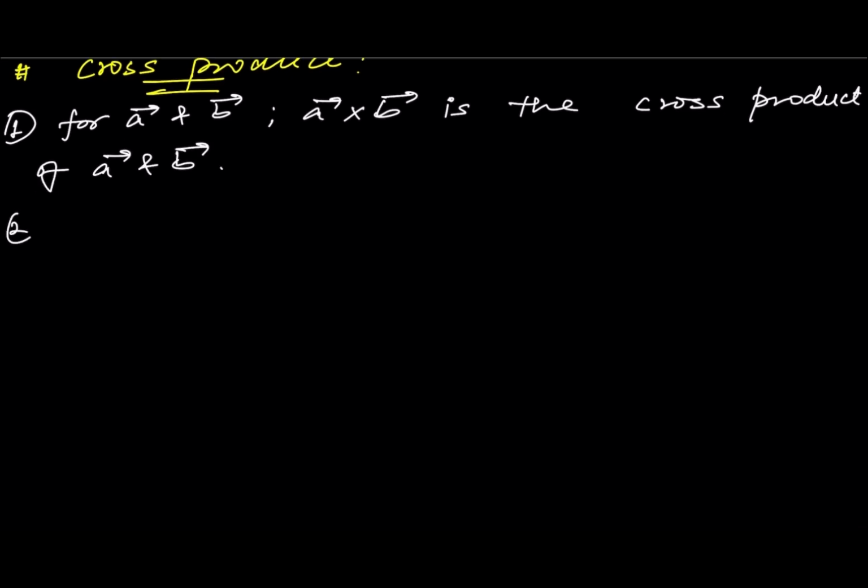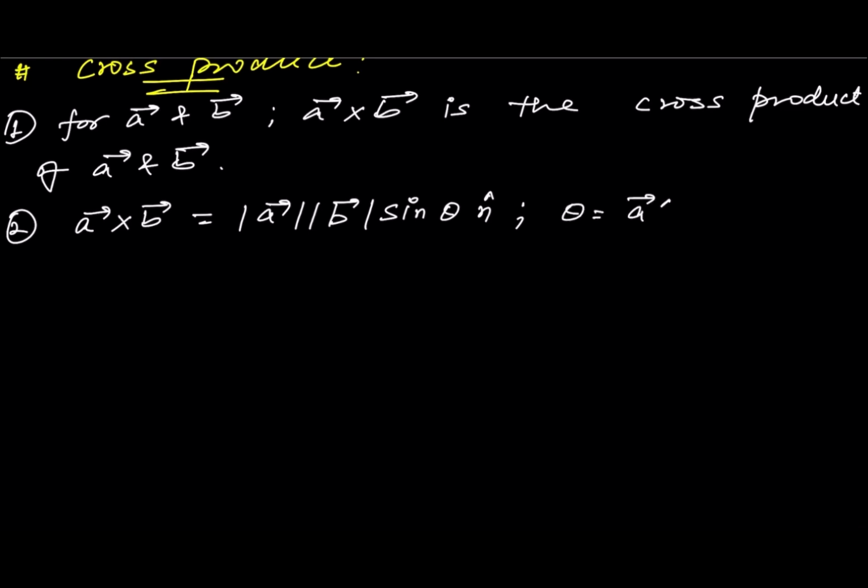Point number 2, A cross B is equal to mod of A vector into mod of B vector into sine theta n cap, where theta is the angle between A vector and B vector